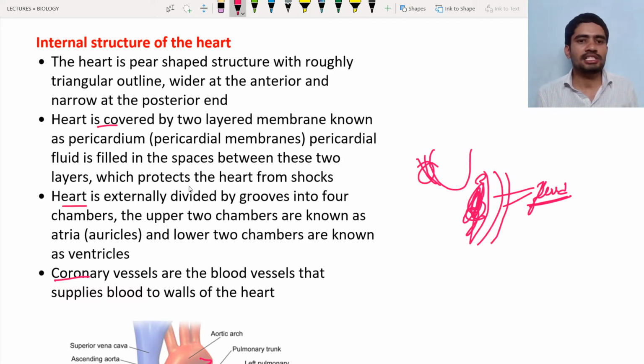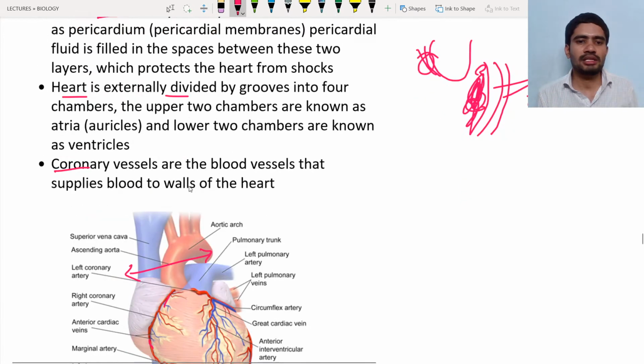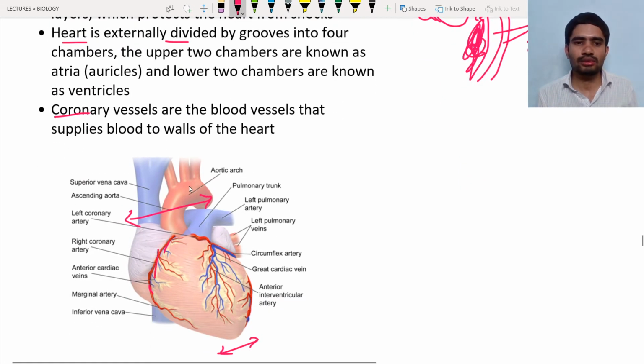And the heart is externally divided by the grooves. Grooves means the depressions that you can see on the heart surface. Here you can see the grooves that are present. These grooves are the indications that there are chambers. How many chambers? There are 4 chambers. Out of the 4 chambers, 2 are auricles,